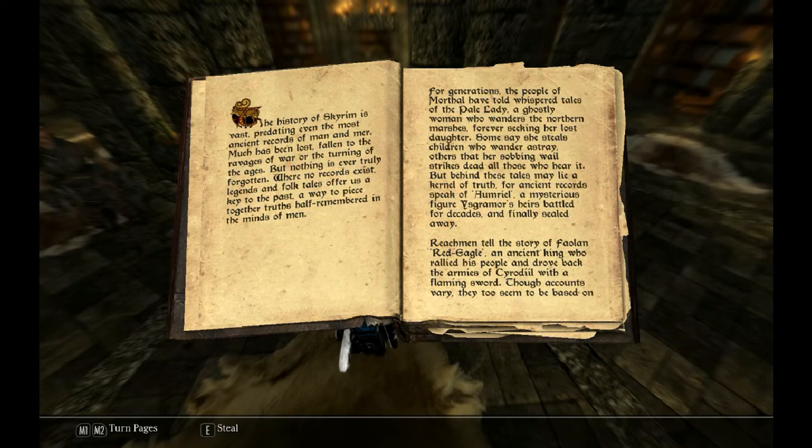Maybe it's the Aumriel, the woman called, which is a mystical figure. And Ysgramor's heirs. Ysgramor was the big guy in Skyrim who came here. Just like in the case of